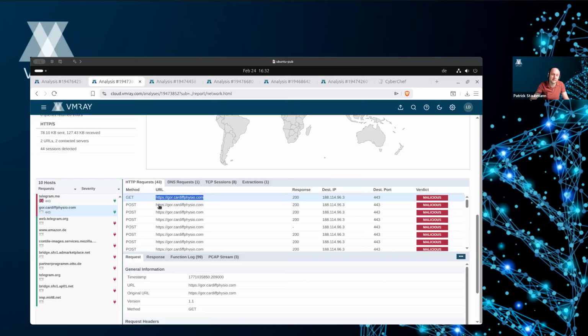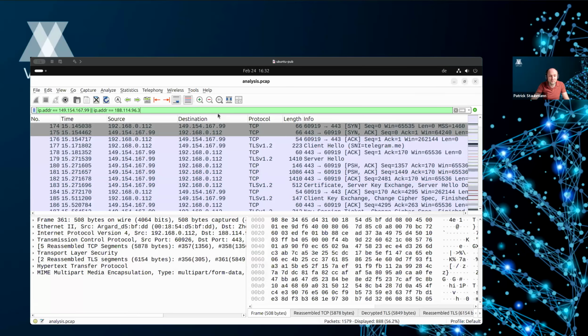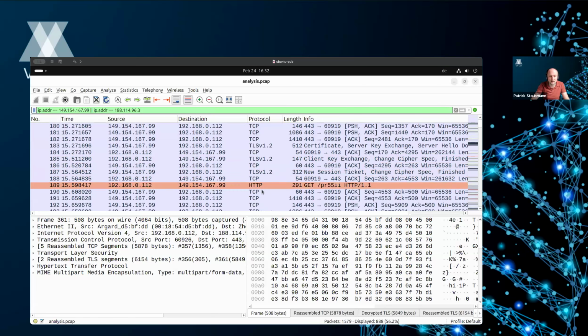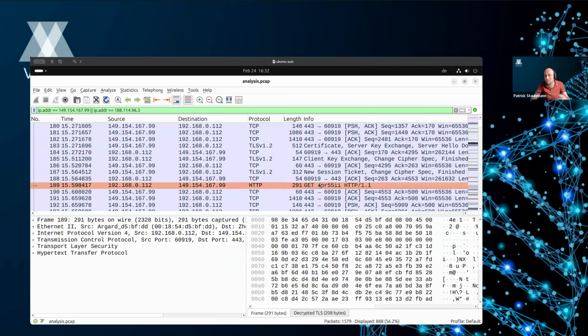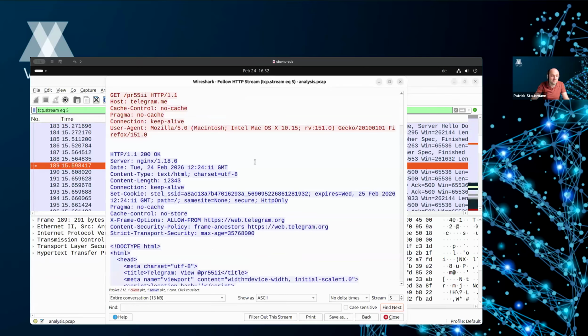Usually you can't read that, but due to our way of dealing with encrypted traffic, we do have visibility because we are able to extract the keys and decrypt the network traffic. You could even download the PCAP file, and within it you have already decrypted traffic. If I go ahead, you see here the GET request, for example, to Telegram, which is usually already encrypted anyways. You could follow that HTTP stream and see that it tried to connect to that profile.